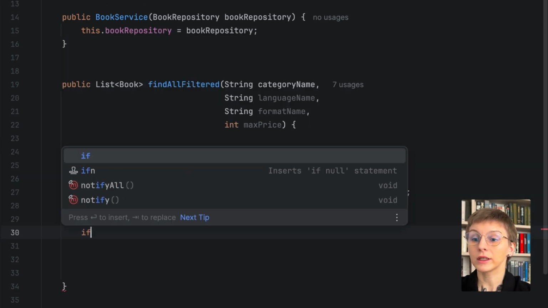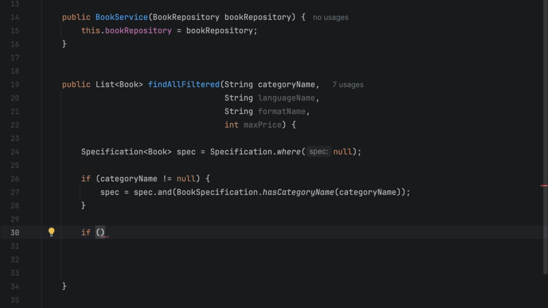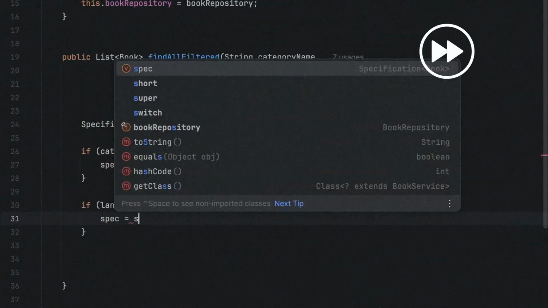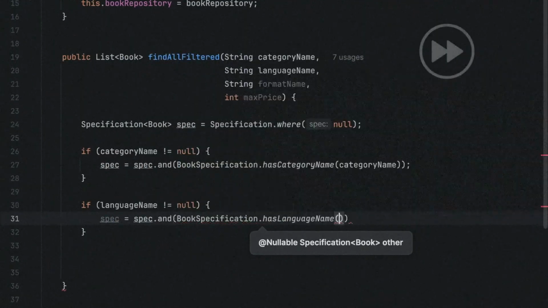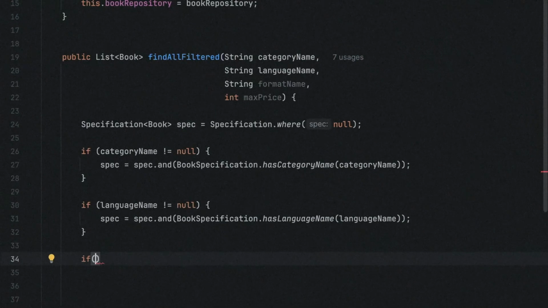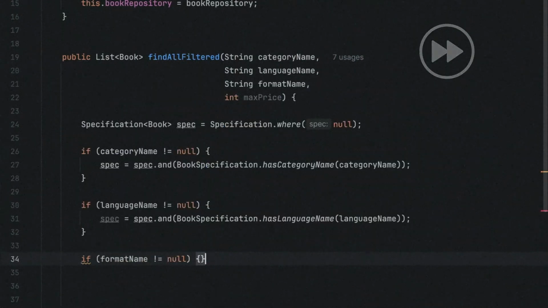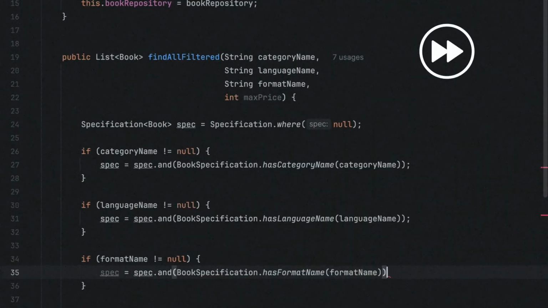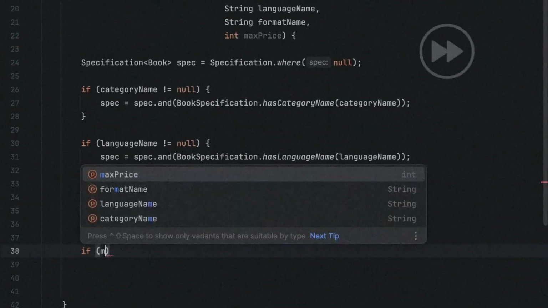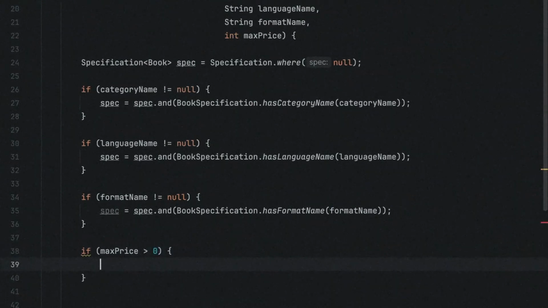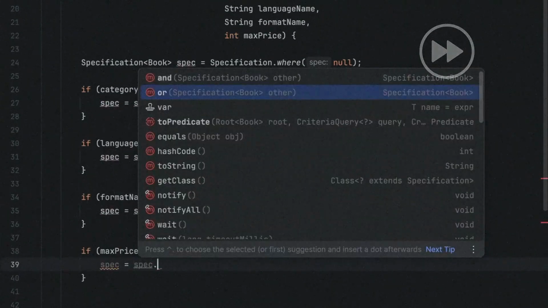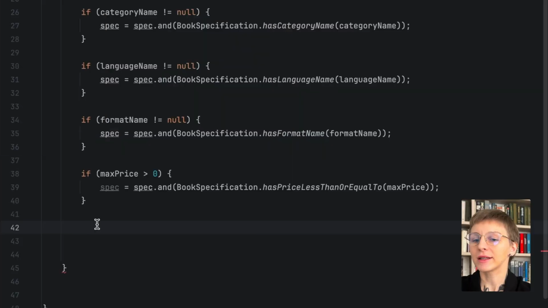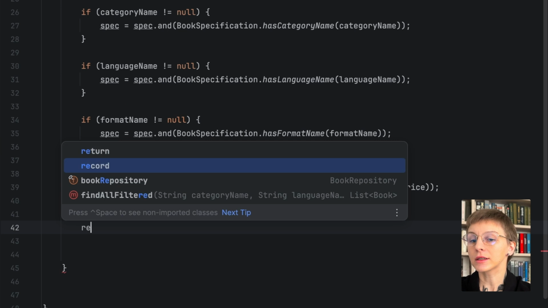Let's do the same for the remaining 3 filters. Alright, and in the end we are returning the list of the books.